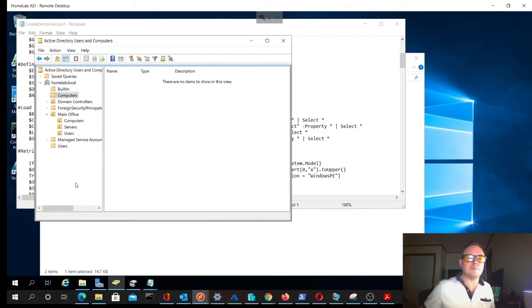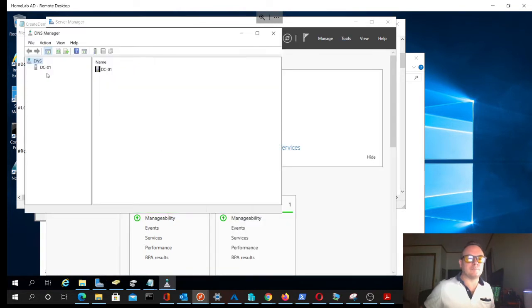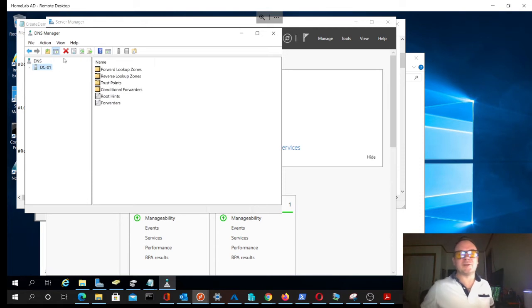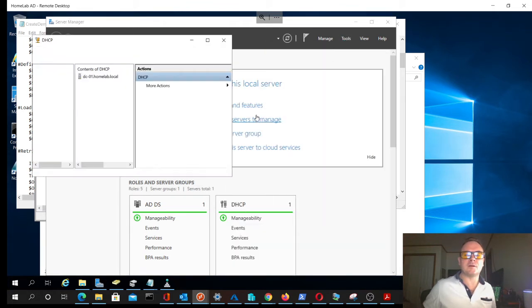In order to make sure this is functioning properly, we have to make sure DNS is set up. And fortunately, DNS is already installed when you build an Active Directory domain controller. I'm not going to go any further. So we already got that running, and our DHCP is also a critical component because for users on our network,